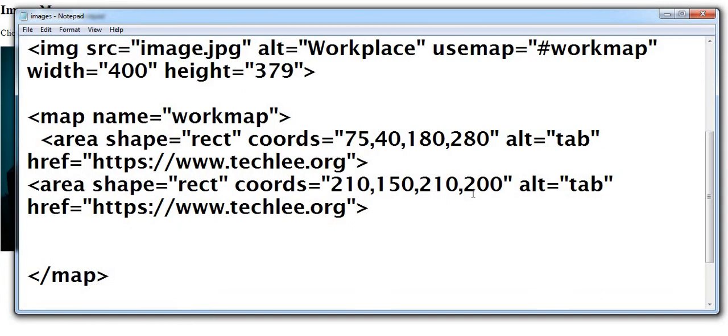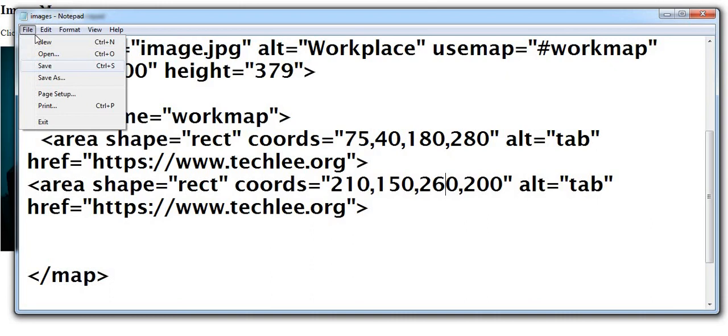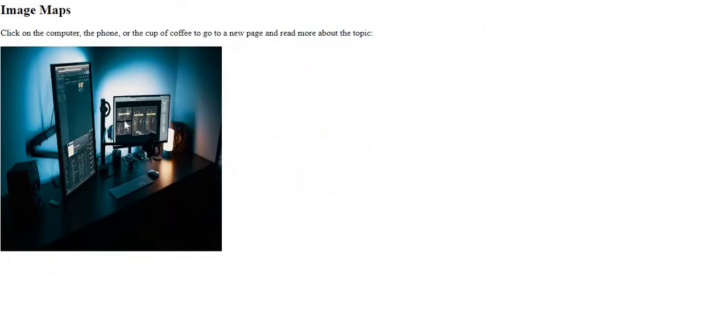Oh, it's both wrong. The same coordinates are here. So 210 from the left and then 250 or 260. Okay, let's make it correct. So here we have this clickable area. Now it came here. From the top it is not right, but it is almost right.